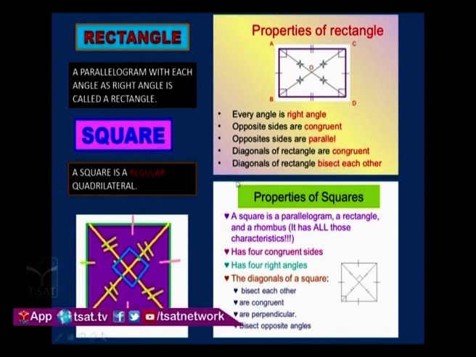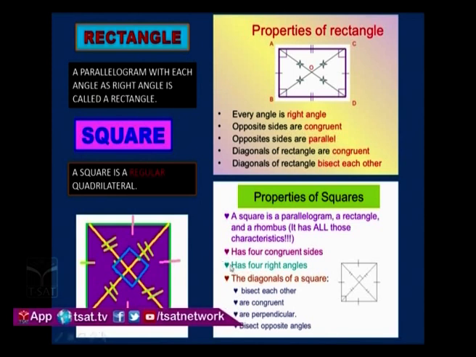Just now we have proved that the diagonals of a rectangle bisect each other because it's a parallelogram. Next we are going to learn about a special type of quadrilateral, that is the square, superior of all the quadrilaterals, which holds all the properties of a parallelogram, rectangle and rhombus. How? A rectangle can become a square if all sides are equal. If all sides are equal in a rectangle, then it will become a square.